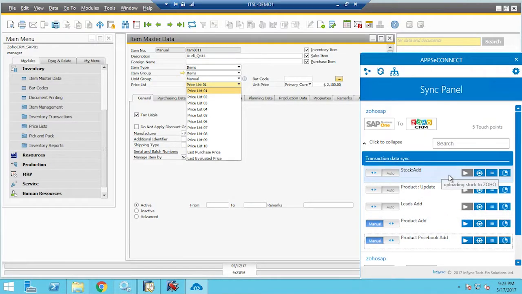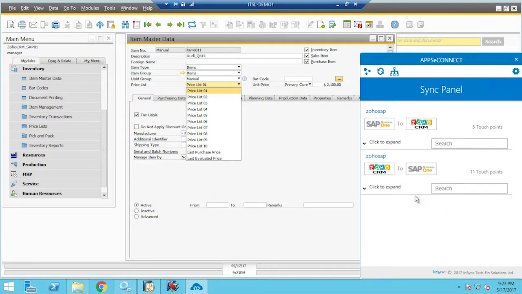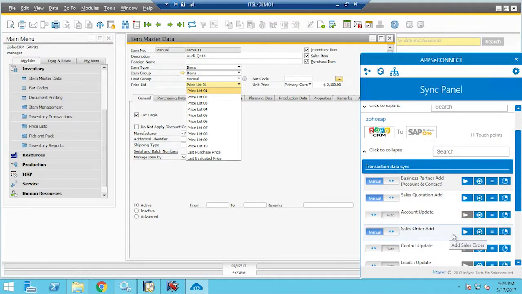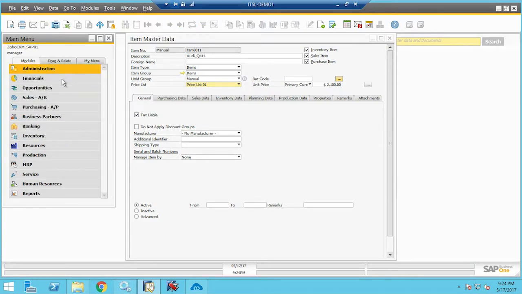Now let's head into the SAP Business One section, and under the Zoho CRM to SAP Business One tab, you can find the process called sales quotation add, and you can manually sync the entire process. And after it gets done, you need to go into the